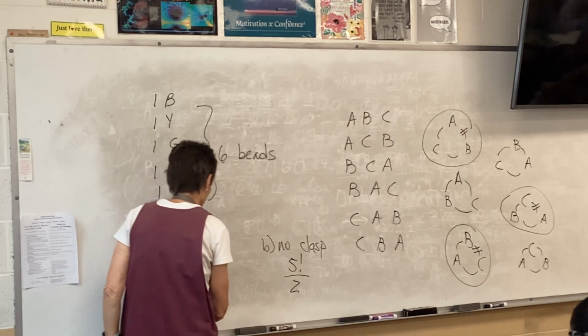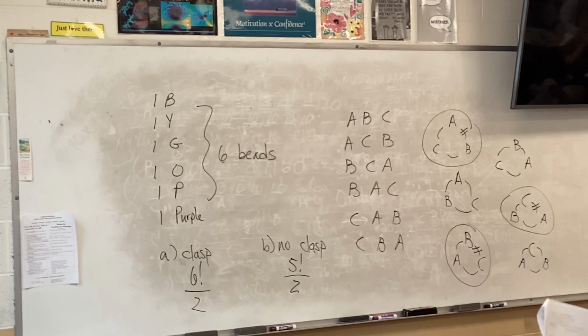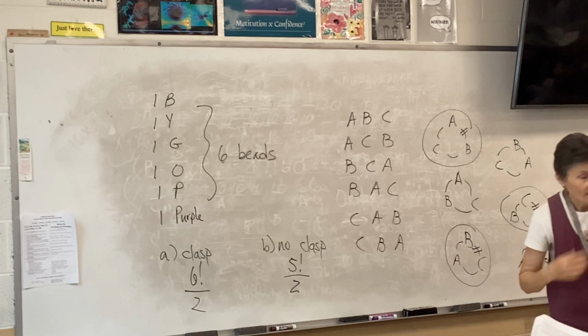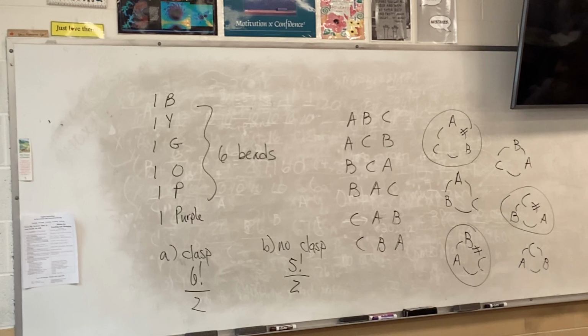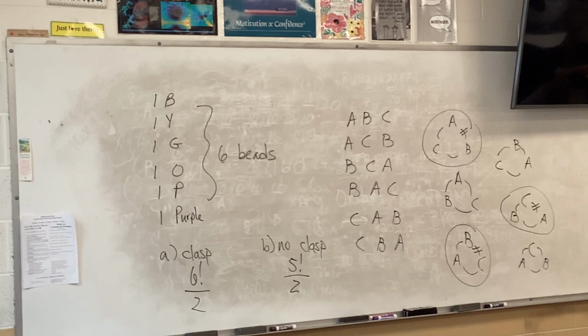Another way to think about it, kids, for those of you that are kind of like, what in the heck? Okay, stop, wait a minute. Okay, my lanyard has no clasp, right? So it's a circle, right? But if I'm wearing a necklace that has a clasp, to take it off, what do I have to do? Oh my, and when I unhook it, what does it become? A line. So 6 beads on a line is 6 factorial. Got it? Yeah. Okay, now, you're all so excited to get out of here, but if you looked at the next problem,